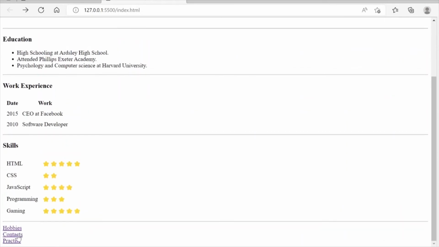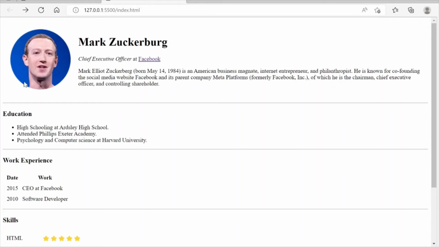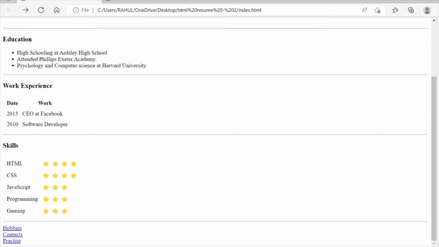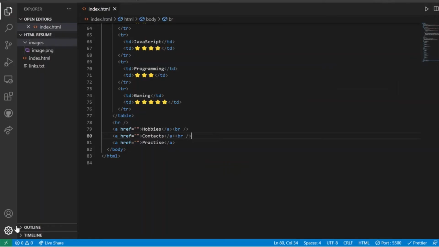So now when I am selecting or clicking on a particular link, it is redirecting me to the home page or the actual page, that is index.html page, right? But in the actual page you can see that when I am clicking on hobbies, it is going to a new page, which has its own content. So what we are going to do is, we are going to achieve this now.